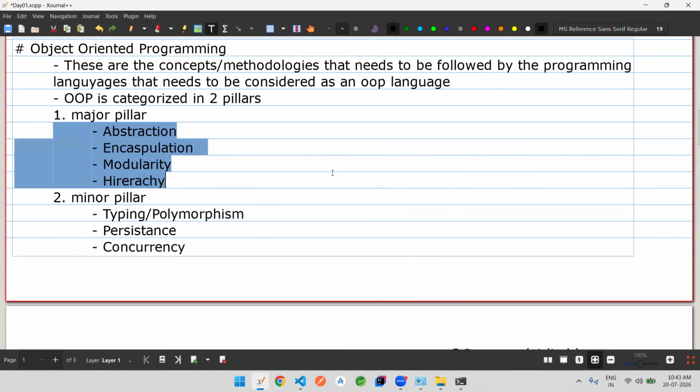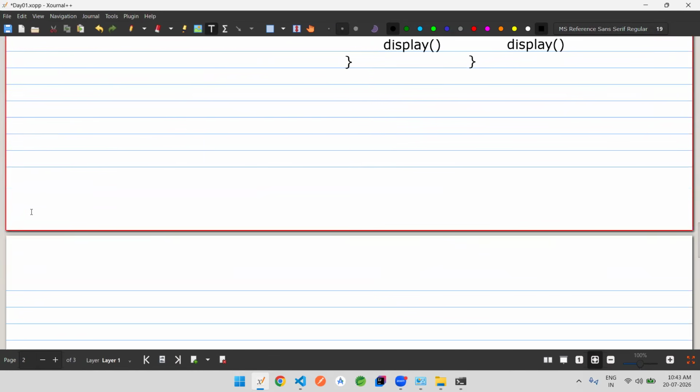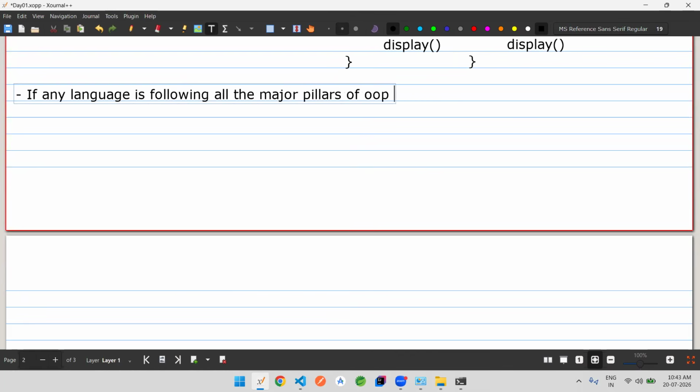Very good. Now a very important line, let me mention it over here. If a language, or we could say if any language is following all the major pillars of OOP, then such languages are considered as